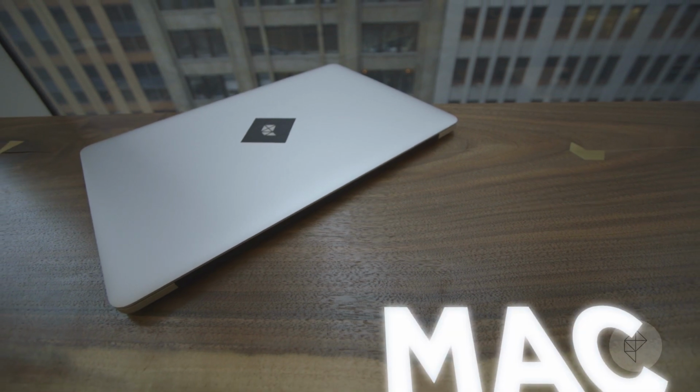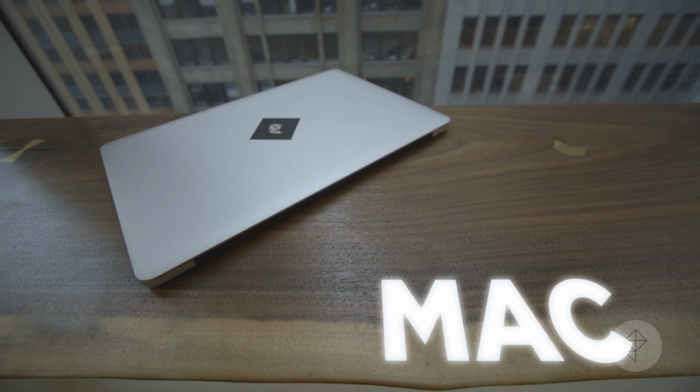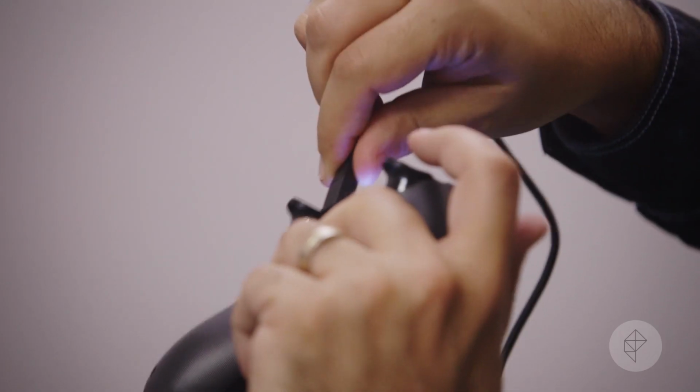Next up is the Mac. Okay, once you launch Big Picture Mode, something a little different with the Mac. You can't just use the Bluetooth. So it's synced using Bluetooth, but you actually have to use the cable. I go ahead and plug it in,